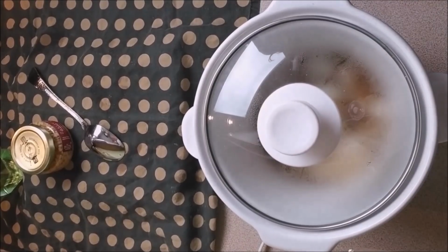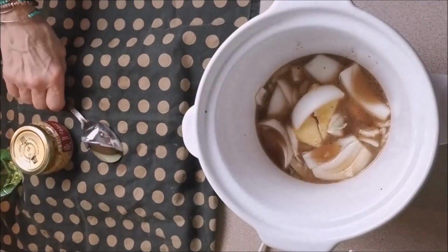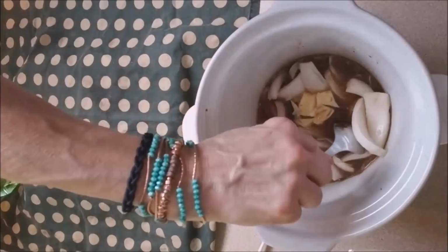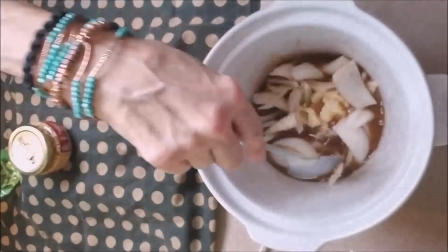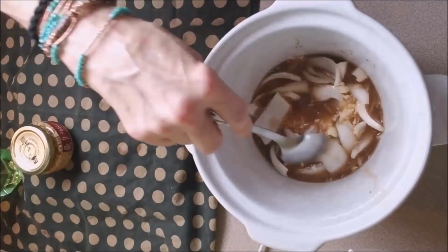Alright everybody, it's been 15 minutes with the crock pot on high. I just wanted to melt this butter a little bit and get some of these flavors going first before I added the steaks. Now some people like to brown their steaks on the stove first, but I don't really care to do that. I just want them to sit on top of the onions here and kind of marinate